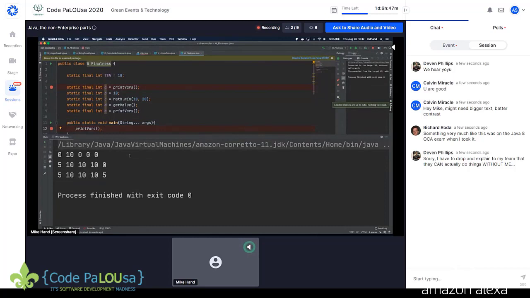Why is this happening? Well, final really just means that the value can't change after it's been assigned. And the value doesn't get assigned until it's assigned. Up until that point, the value of a final variable is either going to be false for a boolean, 0, any of its various zero forms for any sort of numerical, 0, 0.0, etc. Or for an object, it'll be null.